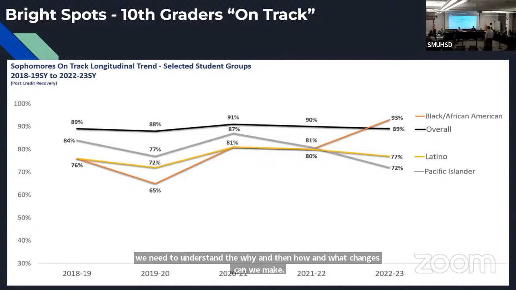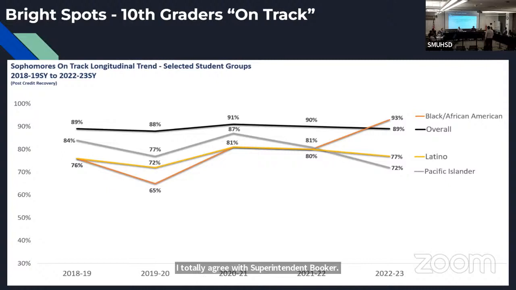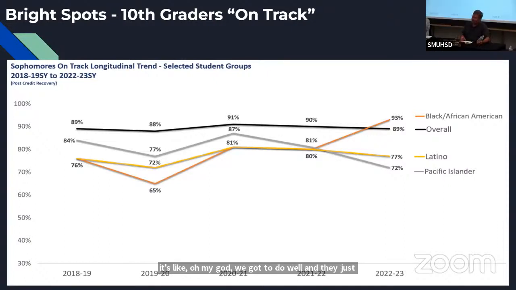I totally agree with Superintendent Booker. The CASP test is kind of not a great norm test to look at, because of all the problems that we were talking about, especially for high school. I mean, it's probably more valid for elementary and middle school because they take it very seriously. And it's like, oh my God, we got to do well. And that's what they do. I didn't say that. We give snacks. We give snacks as well. I didn't say that, but